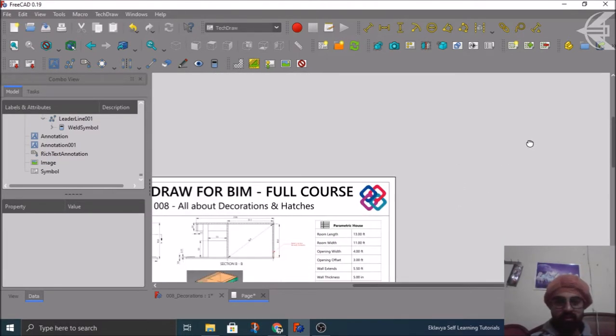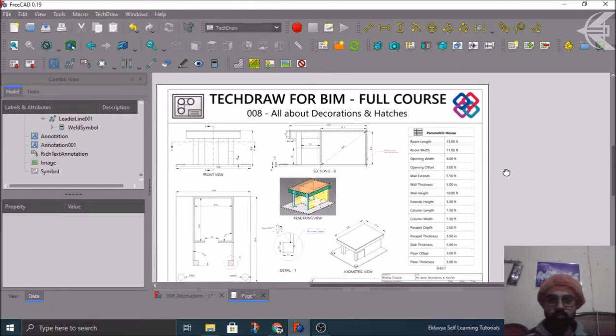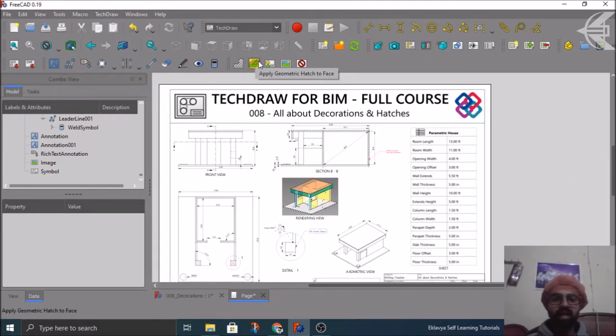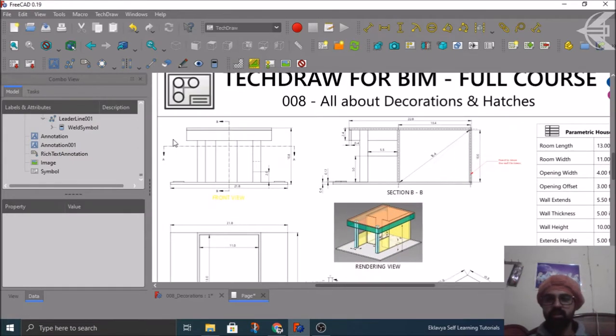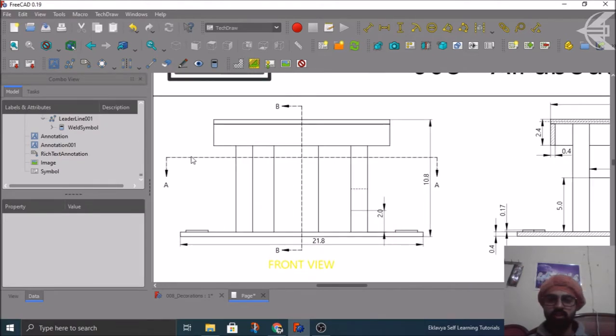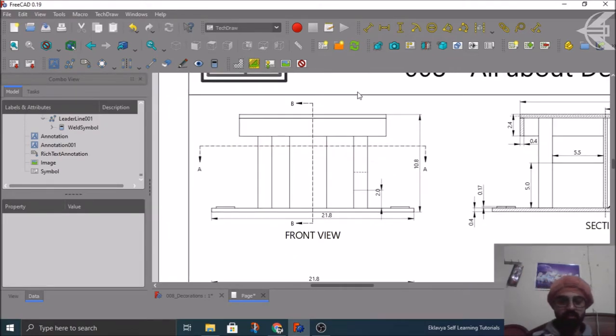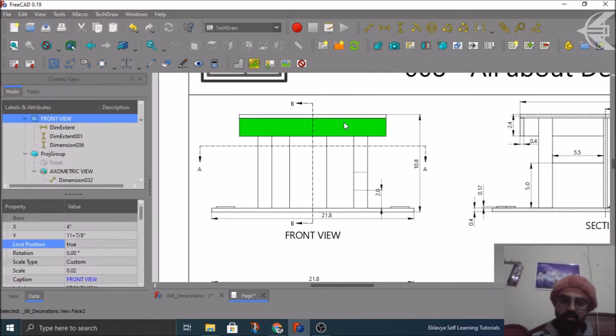bitmap thing. Now moving to the other two options, which you have, the geometrical hatch, and then you have your hatch using an image file on a face. So let's discuss both these things. Suppose I want to add a hatch to multiple faces in this particular view. So this is applicable in a single view, one at a time. So suppose this is my face, and then I'm interested in this wall face, similarly this wall face. Okay, so these are the things which I want to apply as a brick.